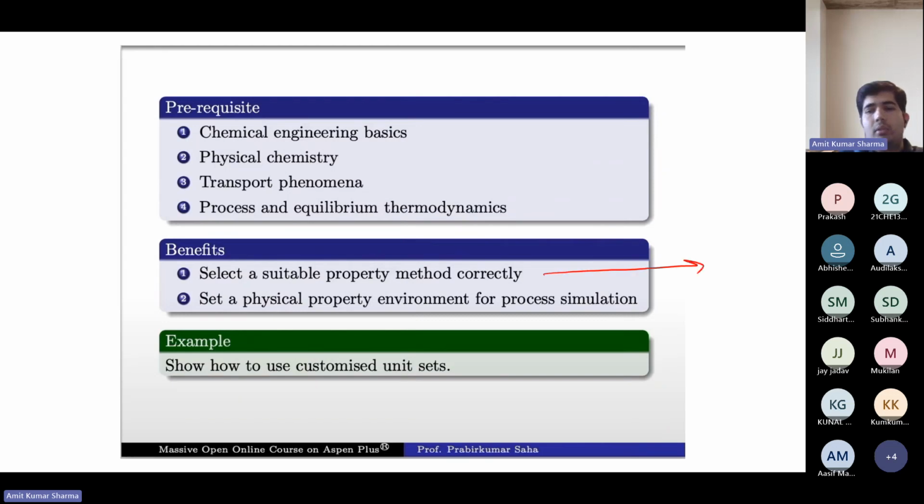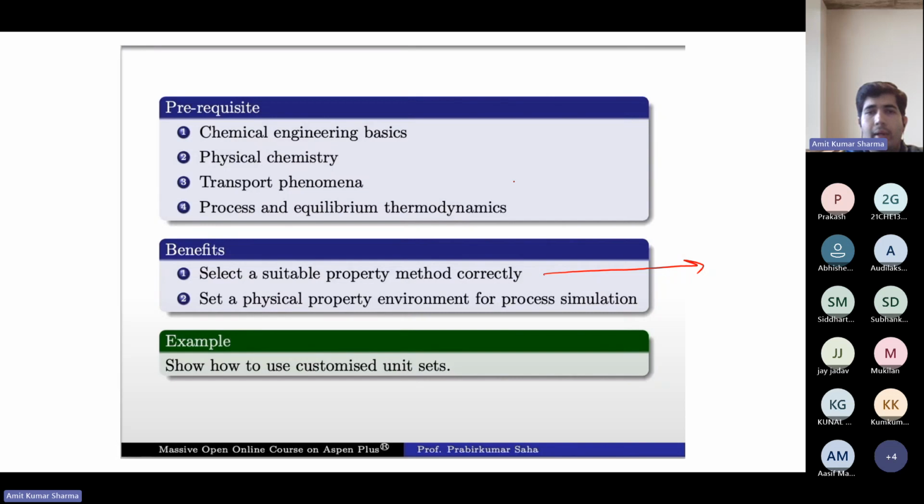Okay. So suppose now, from the 3 weeks, you all know how to model reactors, how to model compressors, turbines, okay, how to model distillation units and all. And we have seen one complete process modeling also. In that we had different components, but if you don't select the correct property, then the results from those components will not be good.